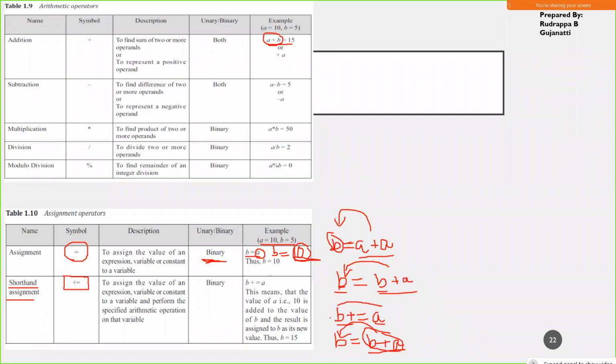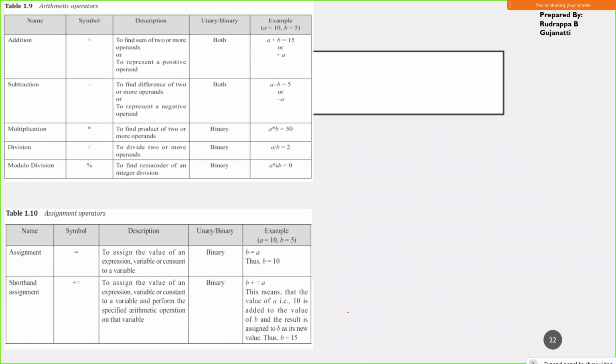So this is how this operator will be operating. It is called the shorthand assignment operator, which is represented as plus equal to.